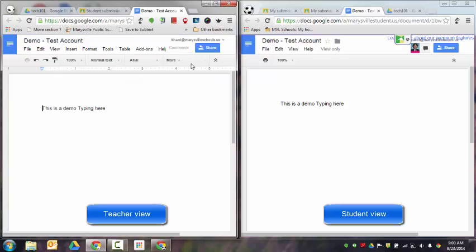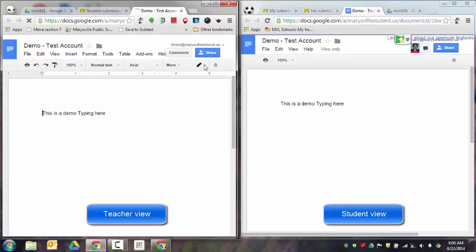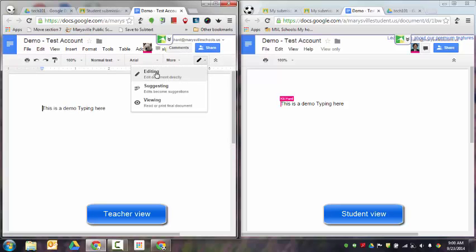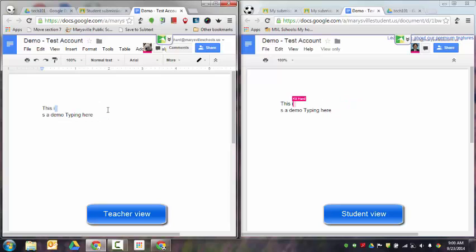The teacher doesn't have commenting rights. The teacher has full editing rights and can go in and mark up the document however they want. They can highlight text, they can move things around, they can add comments, etc. The one problem that I've found is that adding comments during this phase, so if I do my Control-Alt-M